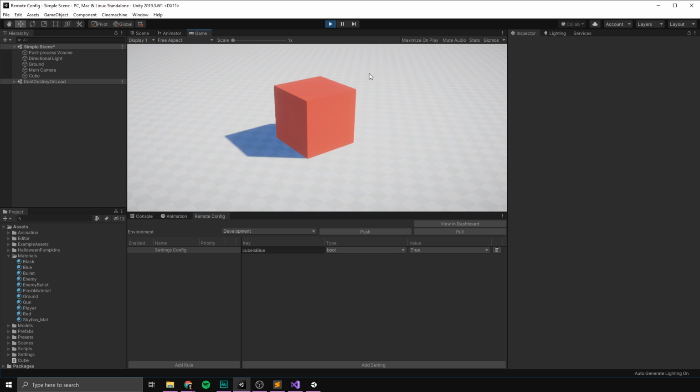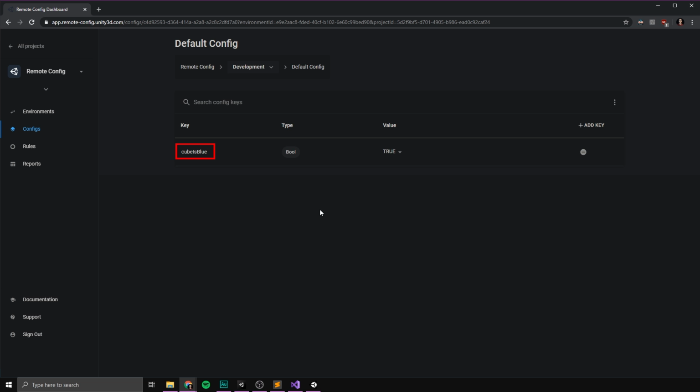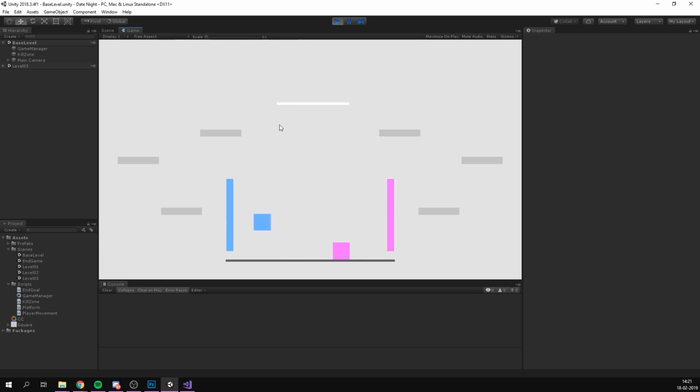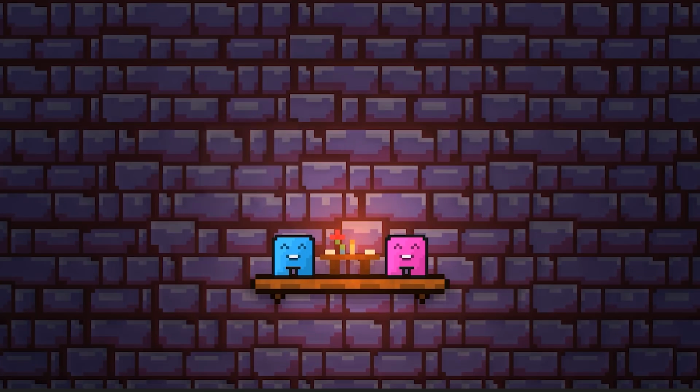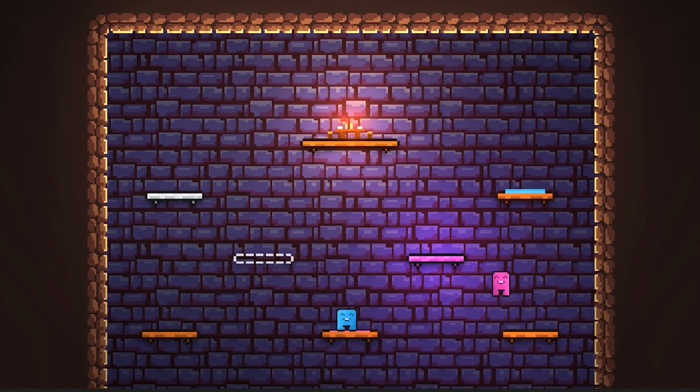Now, what if I told you that you can actually make changes to your game after it has already launched, without pushing an update and without even opening Unity? So, when creating a video game, most people think of all the things you need to do before publishing the game. However, a lot of game development these days is actually about making sure your game is fun to play after it has been released.